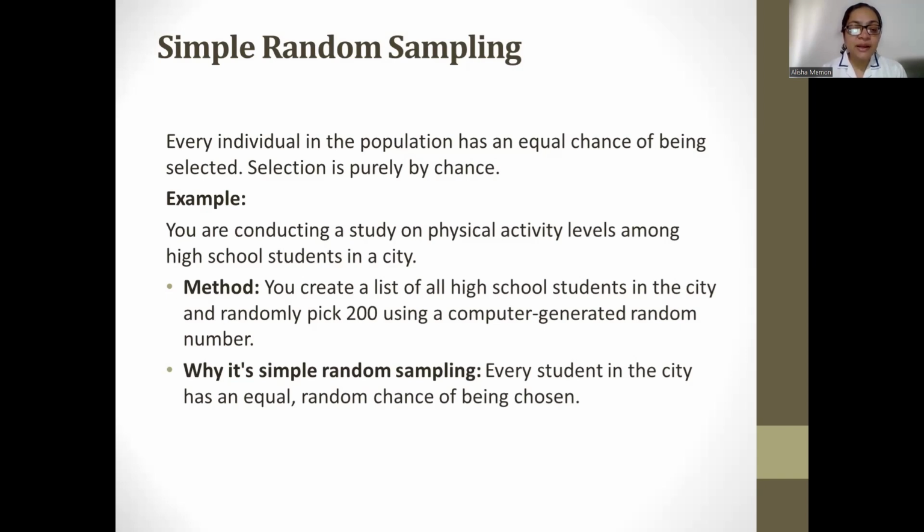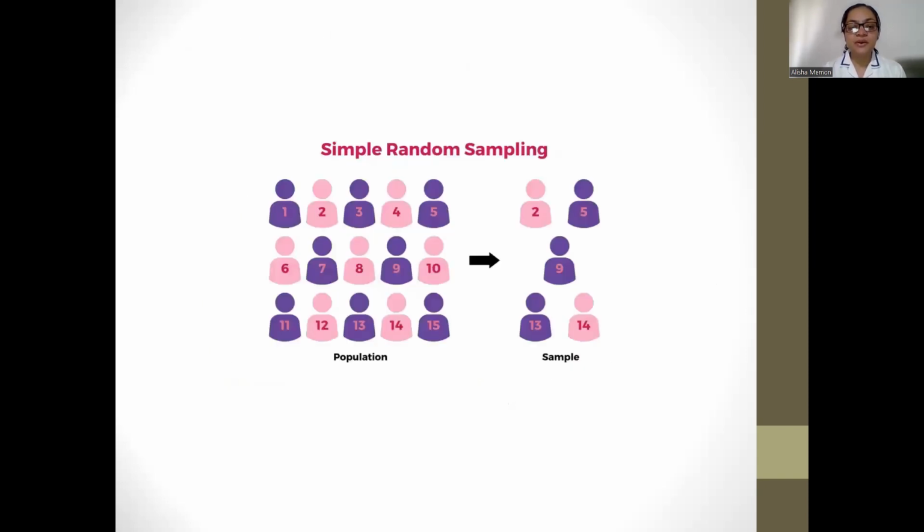Why is it known as simple random sampling? Because every student in the city has an equal and random chance of being selected in the study. So this is known as simple random sampling. Here you can see there's a population and we've randomly picked certain samples, but these populations have similar